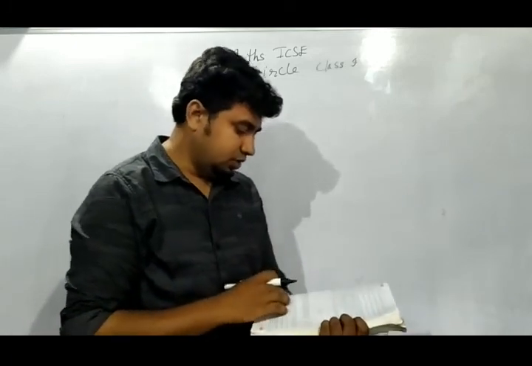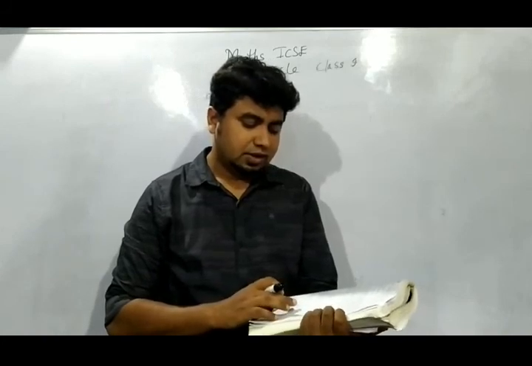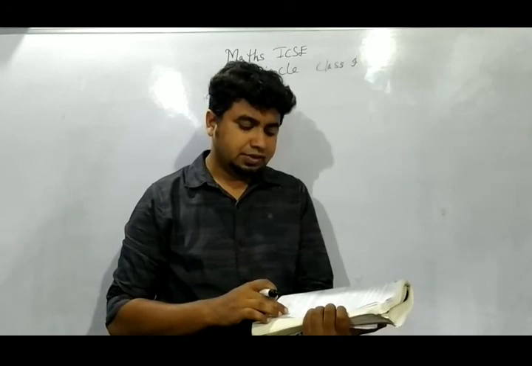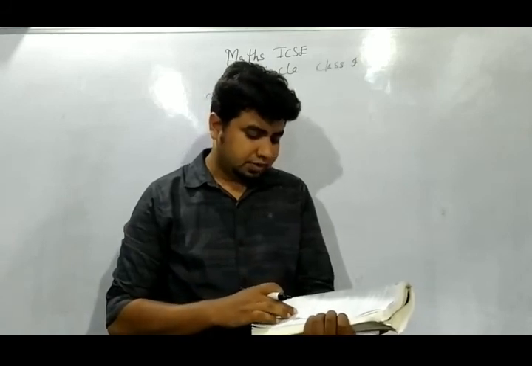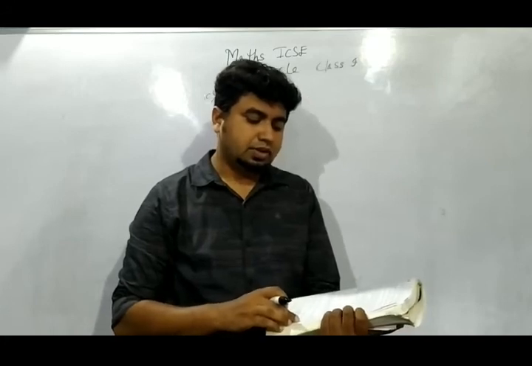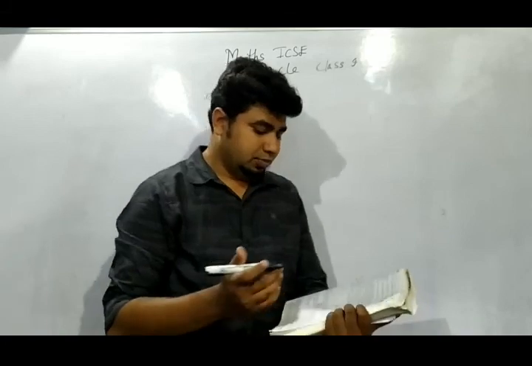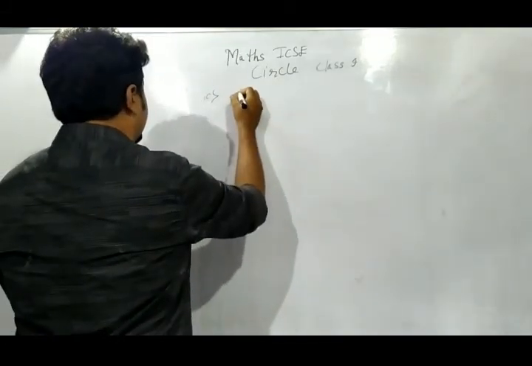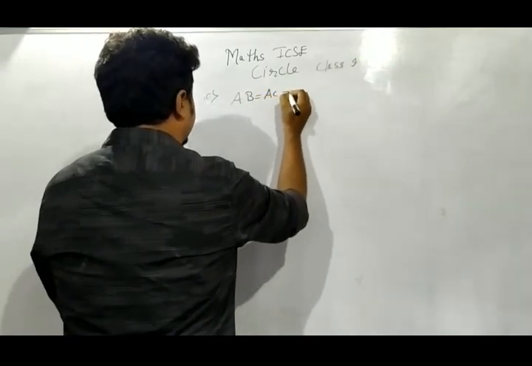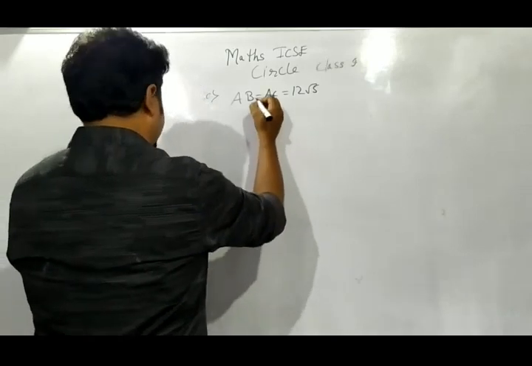First question I am going to discuss is question number 10. ABC is an isosceles triangle inscribed in a circle. AB is equal to AC and equal to 12 root 5, and BC is equal to 24 centimeter. These are the things which have been given to us. AB is equal to AC is equal to 12 root 5 centimeter, and the second thing given is BC is equal to